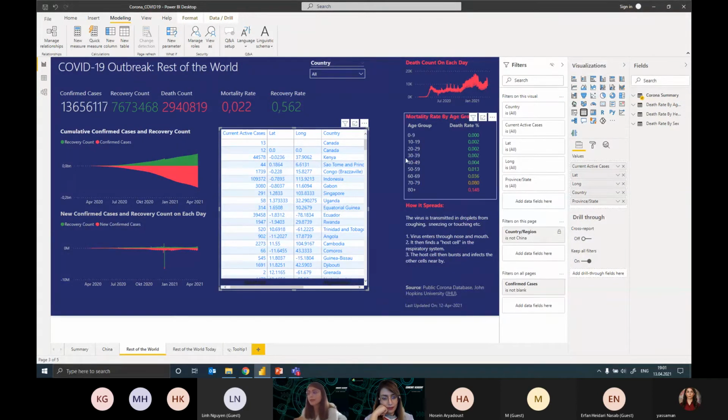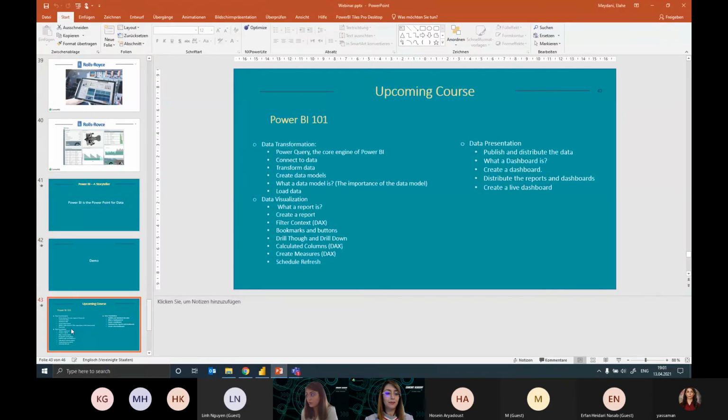So they say it's drag and drop. It's correct. It's drag and drop, but you have to first prepare the data for this drag and drop ability. This is what we will focus on later in the course, if there is time to do it, of course.